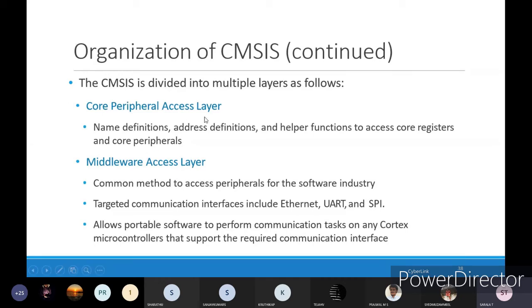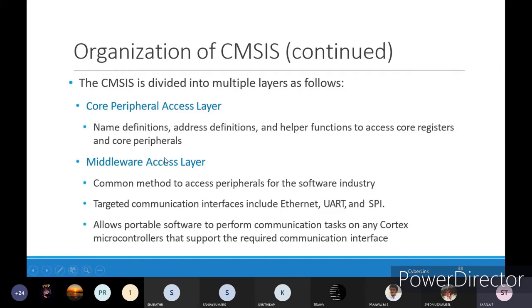That's why it is one part, the core peripheral access layer, where you will have the definitions, meaning which device is accessing your Cortex-M3, from which address it is accessing, and to which address it wants to access, helper functions, all these, and it will be accessing the core registers and core peripherals. That is the core peripheral access layer.